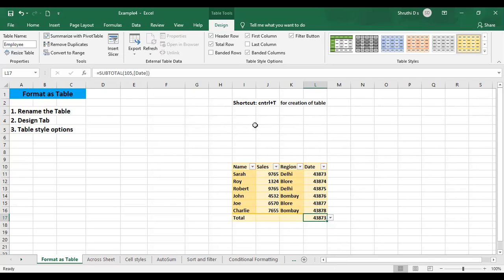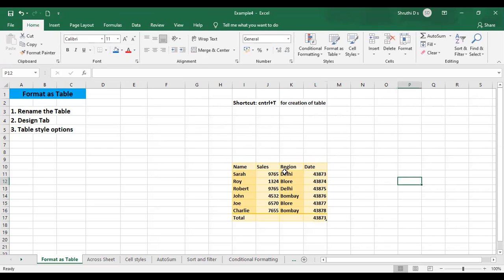Okay, so after that you have the Filter Button. If you don't want to apply this filter here, these arrow marks that I have shown you, again I'm going to teach you what those filters are. But if you don't want the filters, just click on this Filter Button. As you can see, those filter options will be gone. Okay, so like this you can format your own tables.